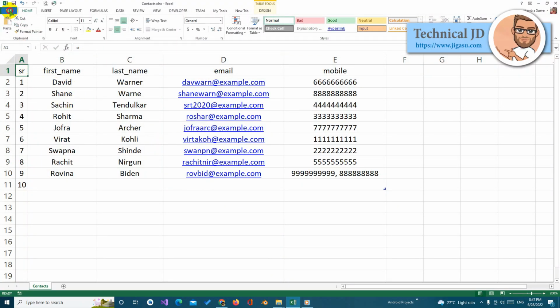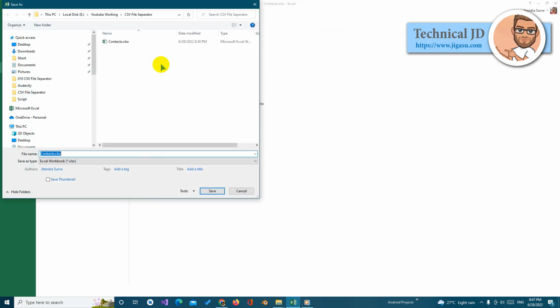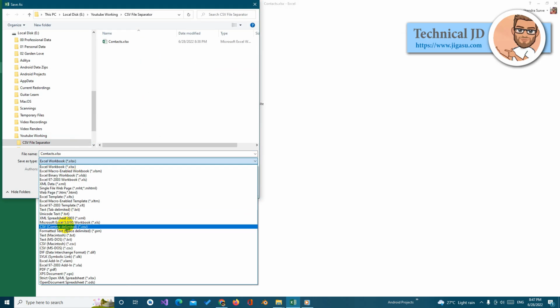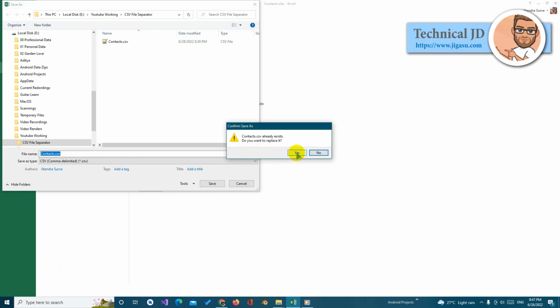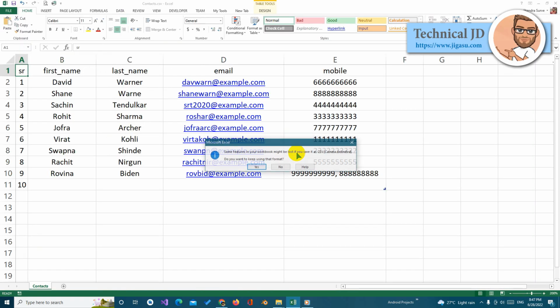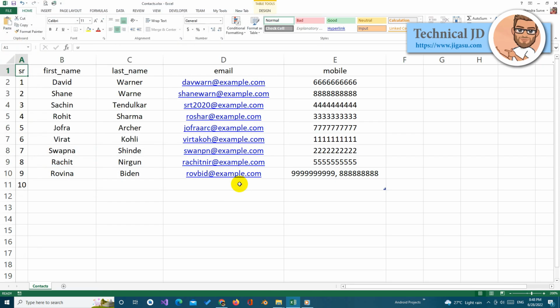Let's go to File, Save As, Computer, Current Folder. Let's again choose file type as CSV, delimited and save the file. Press OK here to replace the older comma separated file. A new CSV file will be created and a dialog box will open asking us if we want to keep using that format. Again dismiss this dialog box by pressing No and also cancel this dialog box